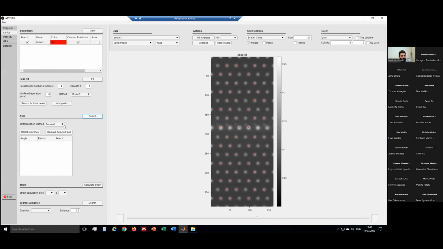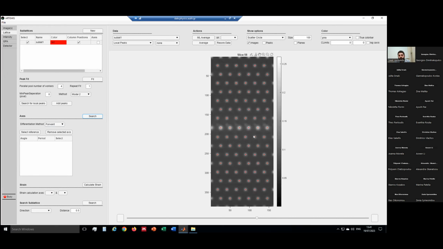This tool is automatic. The program runs and finds all the possible high symmetry axes in these images. We have to wait a little bit here, and after that,